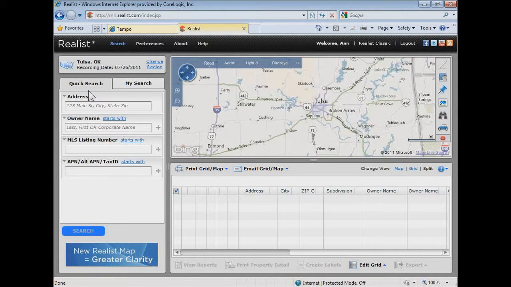Below the region selection there, then you'll see the search tabs, Quick Search and My Search. Let's start with the Quick Search tab. The Quick Search tab is basically just 4 of the most common fields when you're searching for a particular property, either by address, by the owner name, by the listing number if it's a listing within the MLS, and also